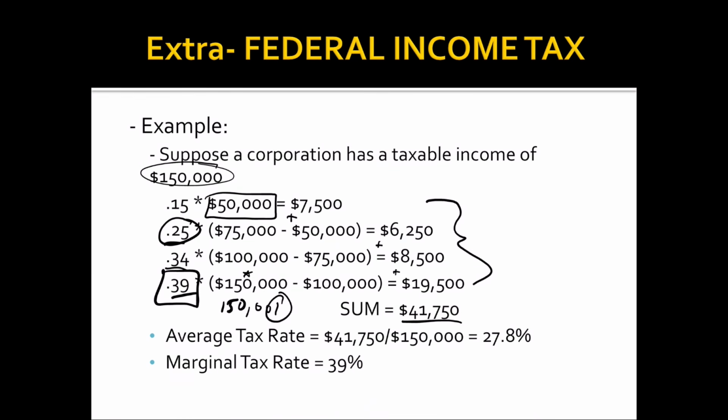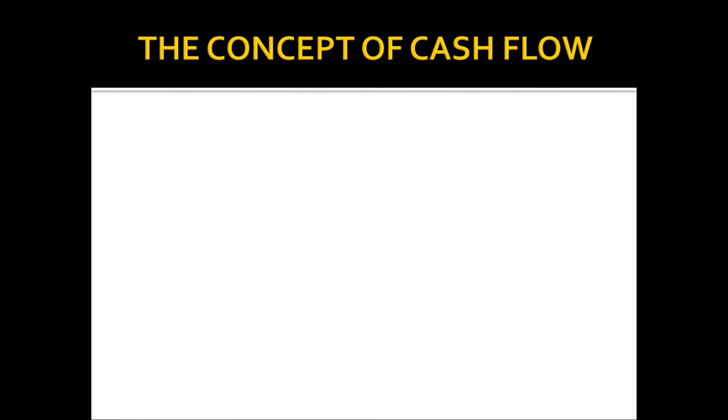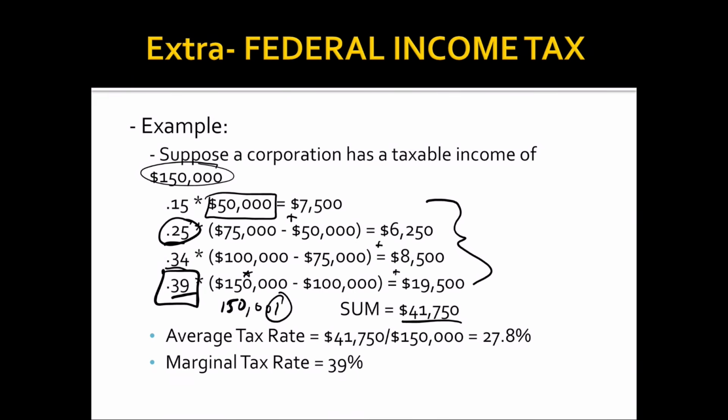Something to keep in mind for your own personal taxes: you oftentimes hear someone say, "Man, I took on this extra job, and it put me in a different tax bracket." This is what they're talking about, this progressive tax schedule. So this is extra material to understand how your own personal taxes actually operate. Just keep in mind that corporations now have a flat tax rate of 21%. This is just federal tax, so there are differences for state and local taxes. This is also a simplified version of the tax schedule, because there are many loopholes and deductions that we've left out, but for the main purpose of understanding how corporations are taxed, there's a flat tax rate of